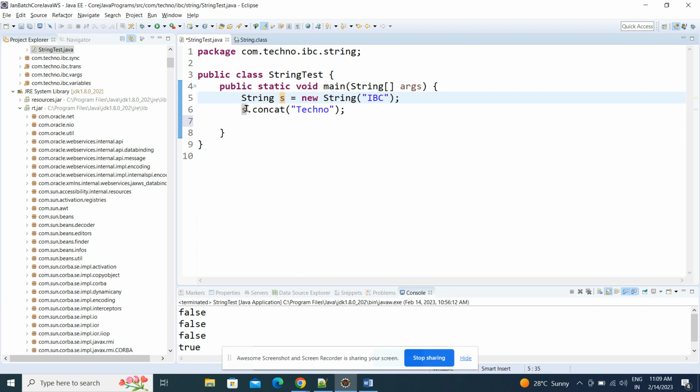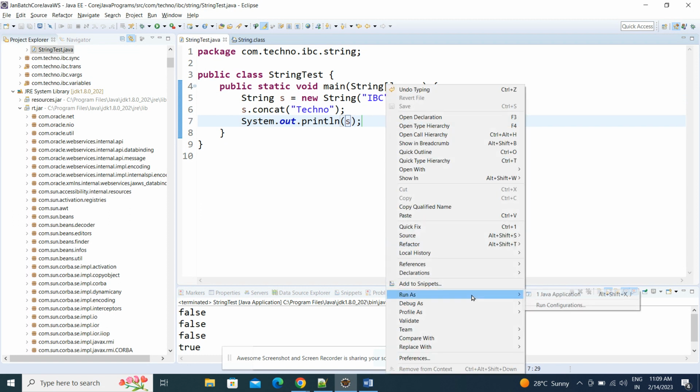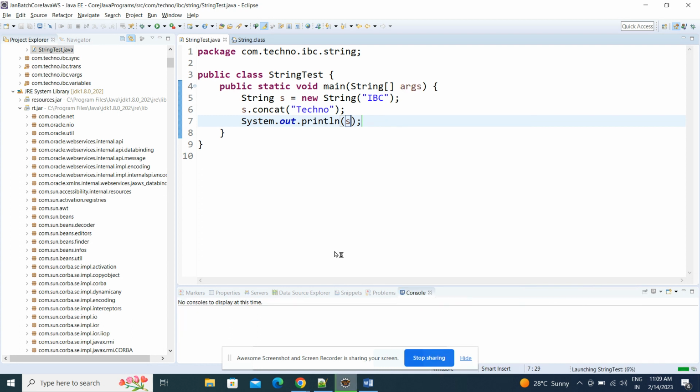Later I do s.concat("Techno"), so Techno is also added to the s object. Now System.out.println of s, what value will it display now, guys? It will print only ABC. The reason is